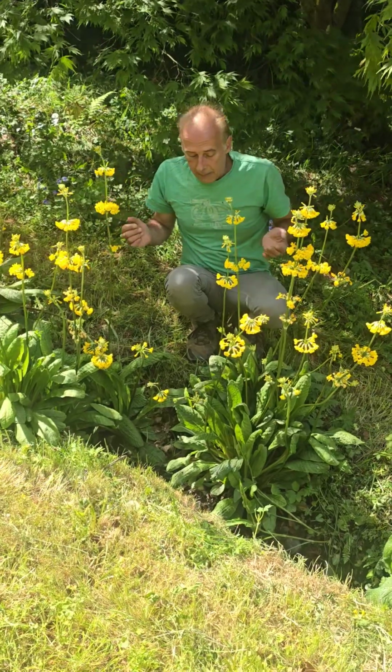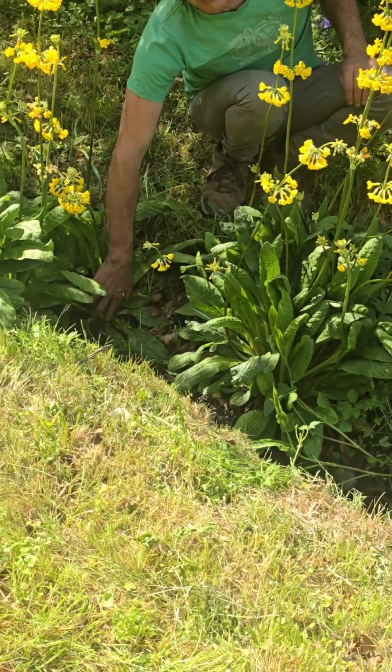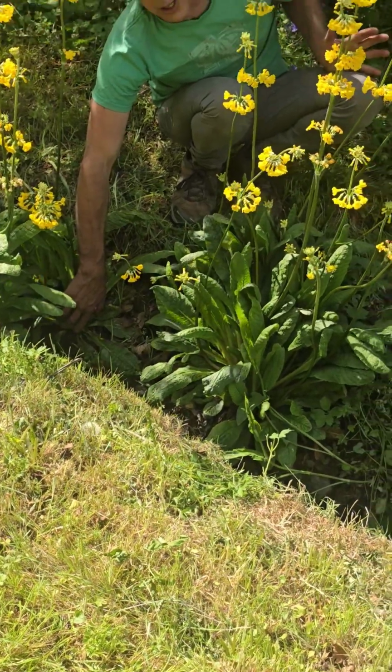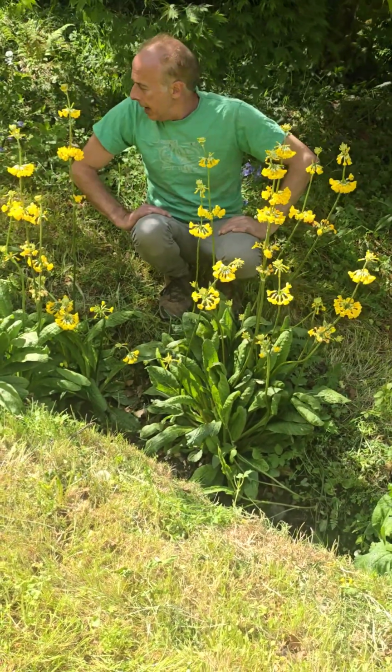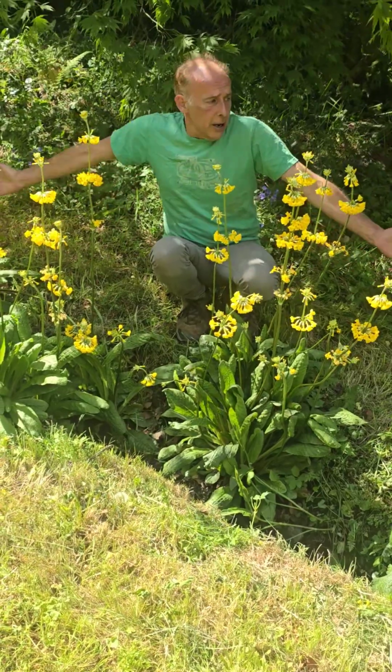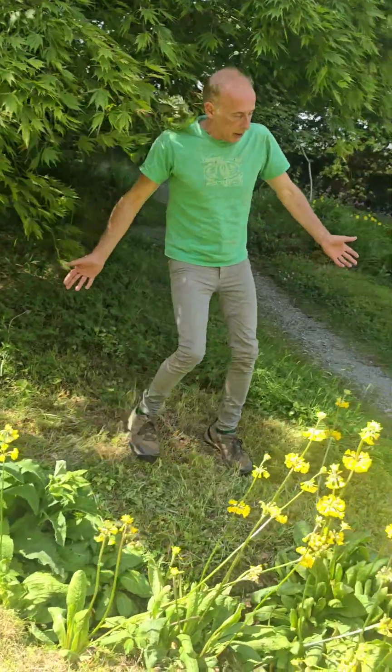lovely. And just remember, here they're just growing in the streams. They're actually growing in the water kind of, but I wouldn't think of them as a marginal plant, more like bog plants. But yeah, here they are totally at home, been here for years, and they've managed to spread themselves all the